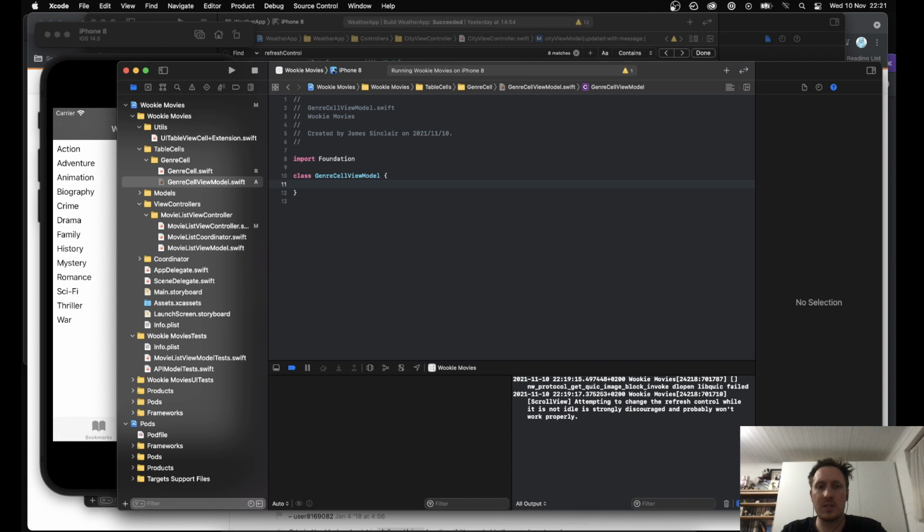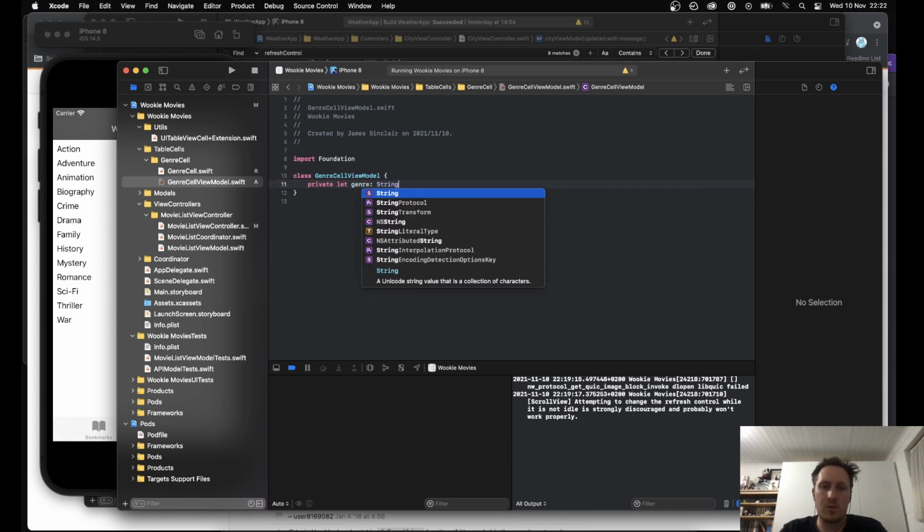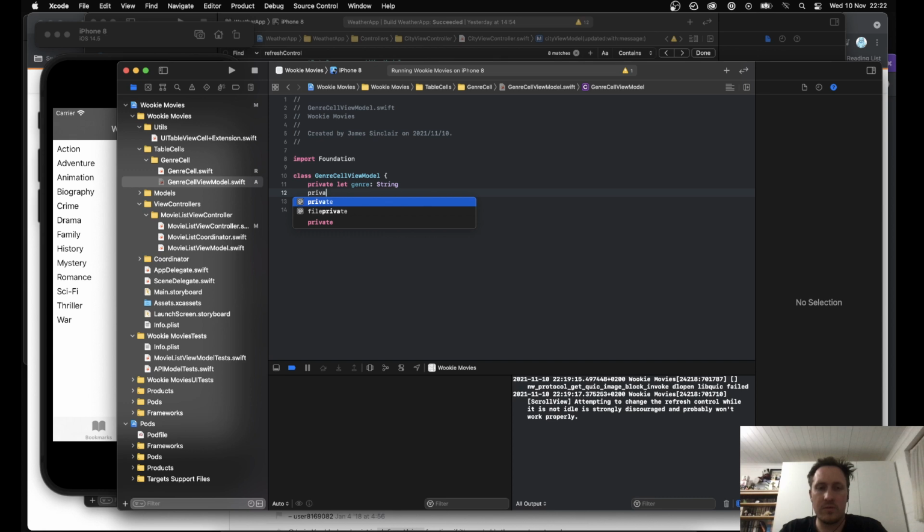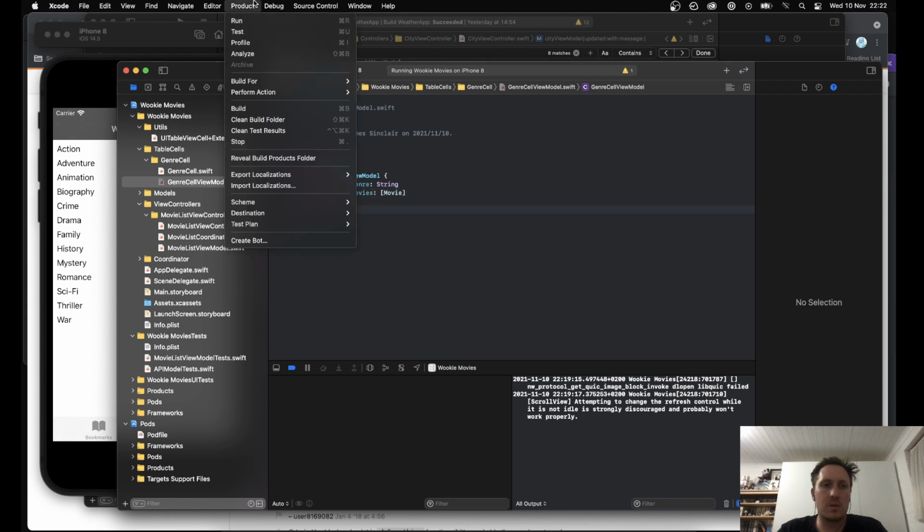So, what does this need? It needs a private let genre, string, and a private let movies, which is going to be a movie array. And can we